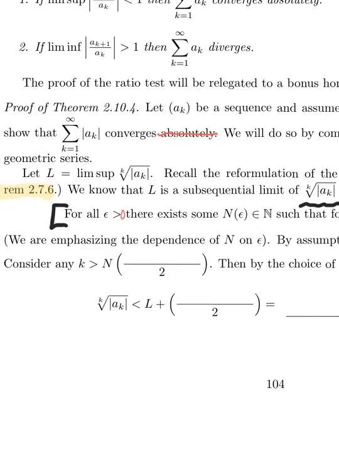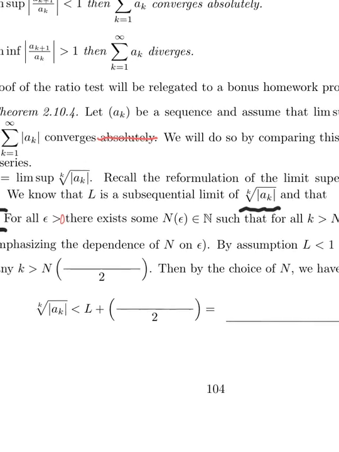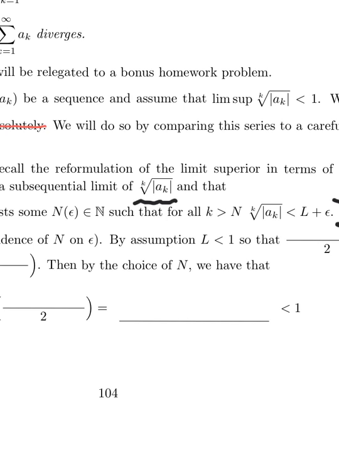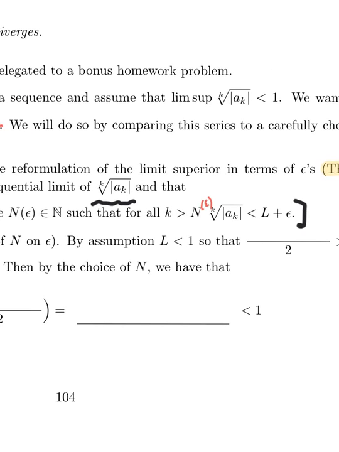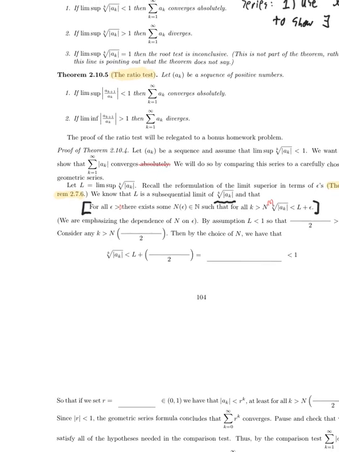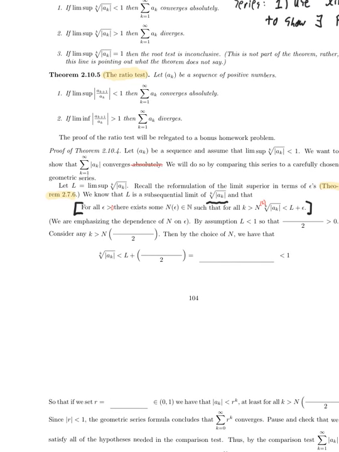For every little error term you want, there's some threshold, so that as long as you look after that threshold, that should be N of epsilon, be consistent, then the sequence is less than L plus epsilon. All right, so